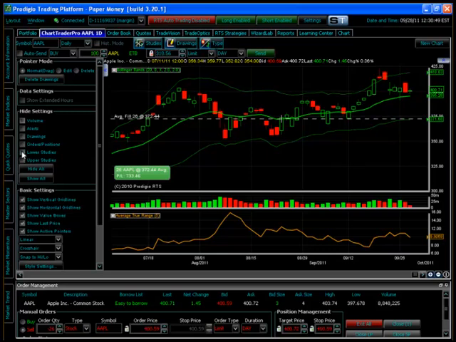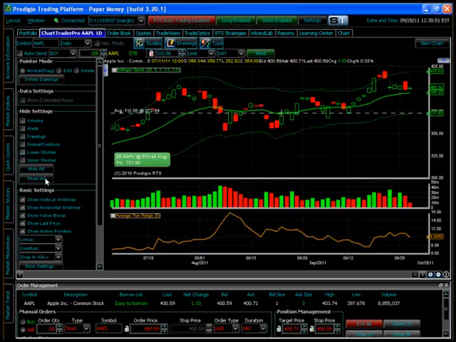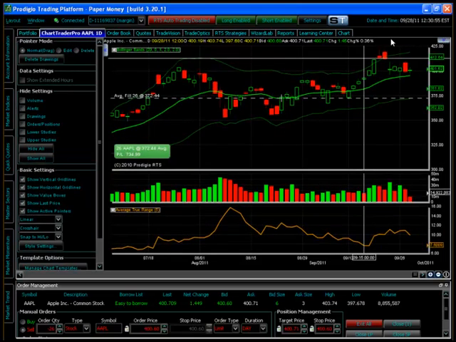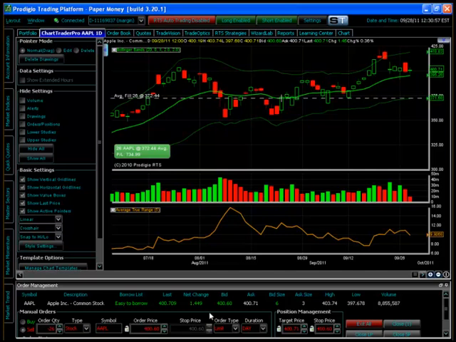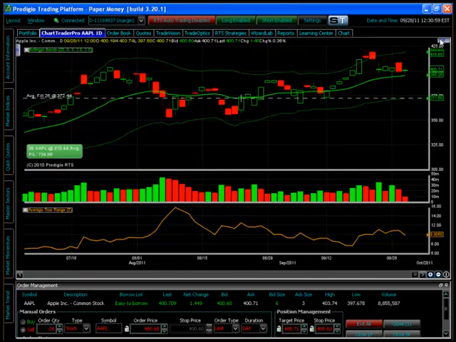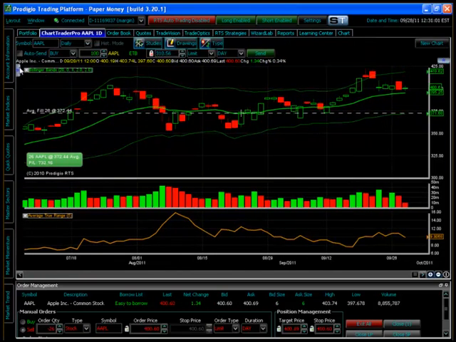Maybe I don't want to see the lower studies. I can hide them, etc. Hide all, show all, etc. You've got one for the top, which takes away this top toolbar. So it depends on how you want to look at this. You can expand or collapse using these tabs,